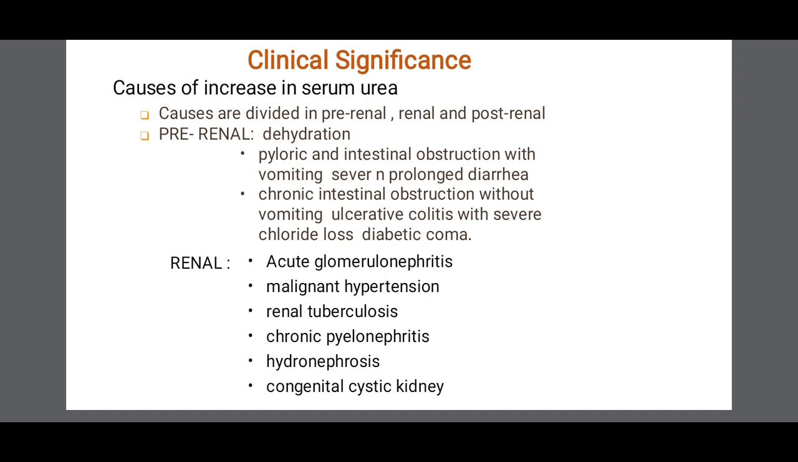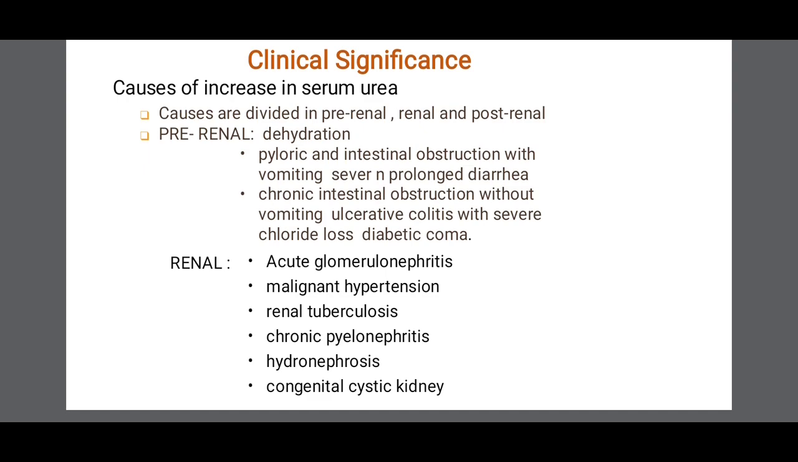So this is the importance of urea excretion and its estimation. The clinical significance of urea includes the causes of increase in serum urea. These are 3 categories: pre-renal, renal and post-renal. Under the pre-renal we can see dehydration, pyloric and intestinal obstruction, and chronic intestinal obstruction, which lead to an increase in the